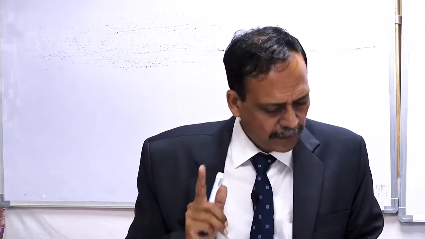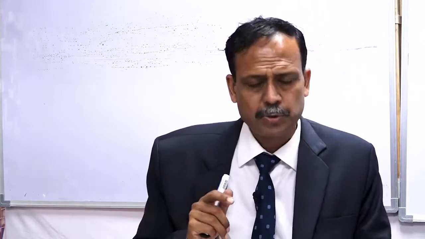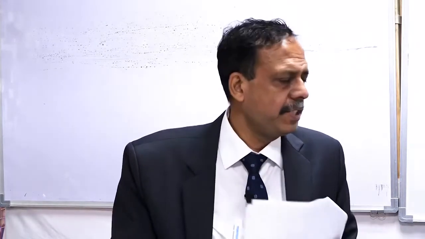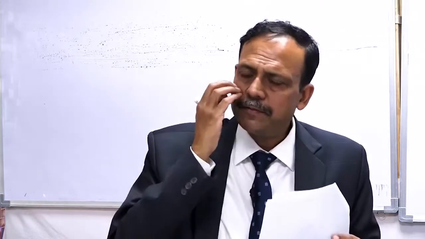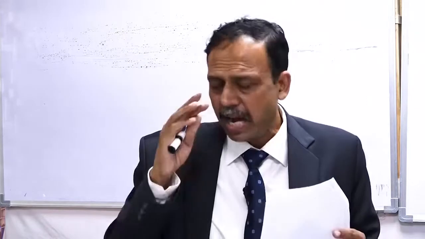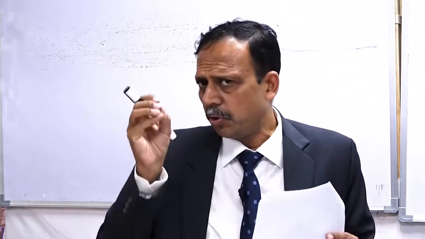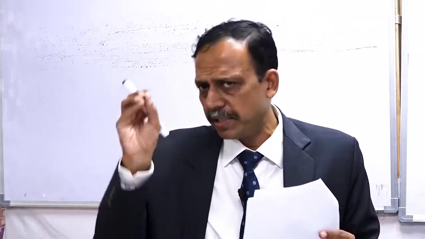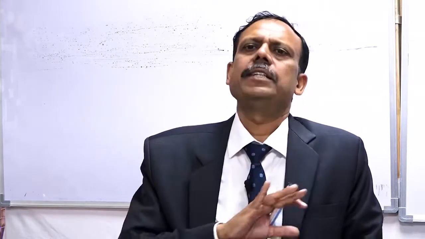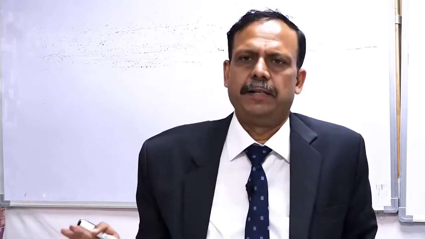So I am going to solve one problem. Before that, I am going to start with the ideal characteristics of the thyristor, which I have already covered. We will just briefly review it. After that we are going to draw a practical static characteristic of a thyristor. We will briefly understand it, and after that we are going to solve one problem in which two thyristors are connected in series with slightly different static characteristics. With that the thyristors per se would be clear. We will be closing it today.